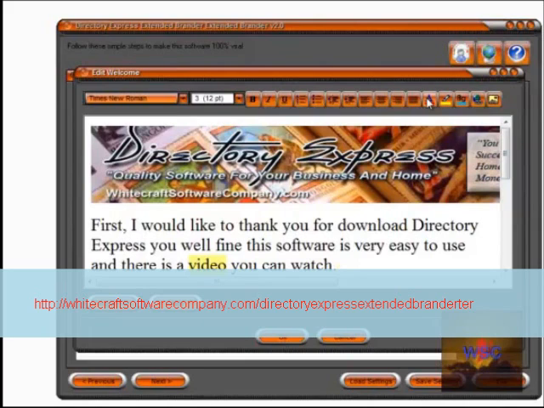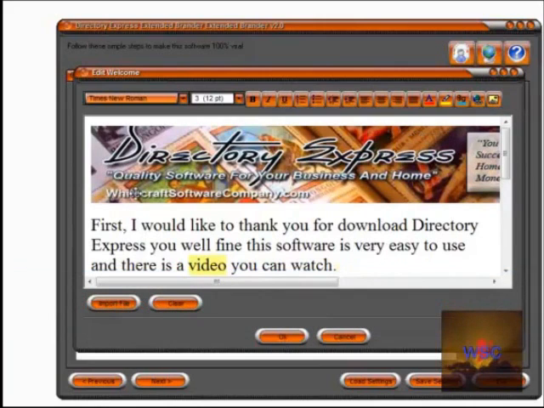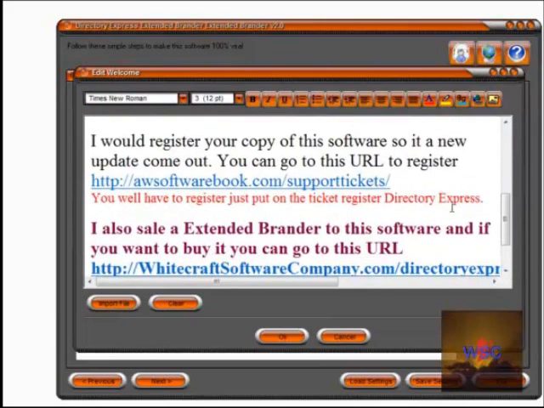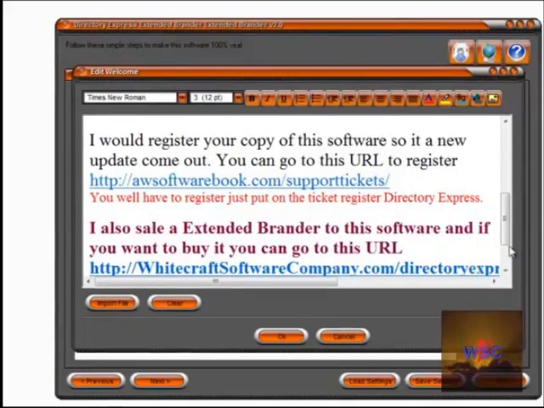This is going to be the color of the font you want, and this is going to be the picture that you want to bring in, which is going to be a banner, or you can have a background picture, or whatever you want to do. That's up to you, and you can highlight. If you want someone to go somewhere, like this is the support ticket here, you can highlight it, and then that'll give you the URL where it'd be a clickable URL. In this stage right here, when you work on it, it's not clickable. So, but